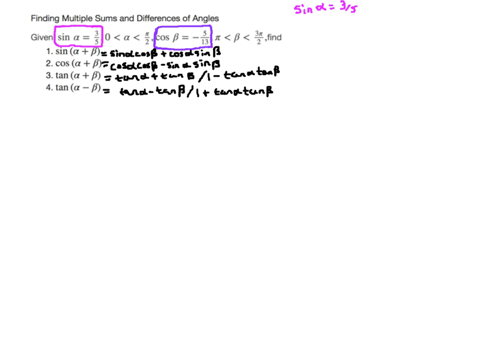So if I draw a little triangle here, and I consider that this is angle alpha, the sine being 3/5 tells me that this side is 3 and this side is 5. And when I put that into my Pythagorean theorem, I have x squared plus 3 squared